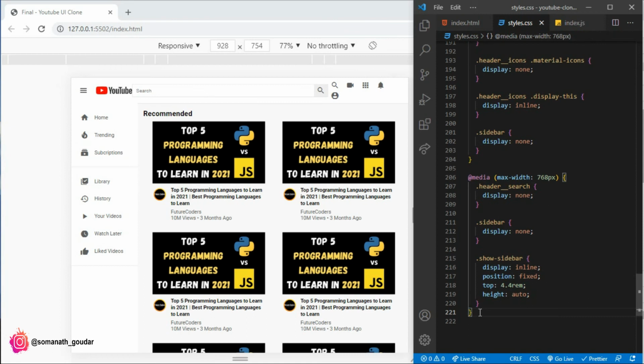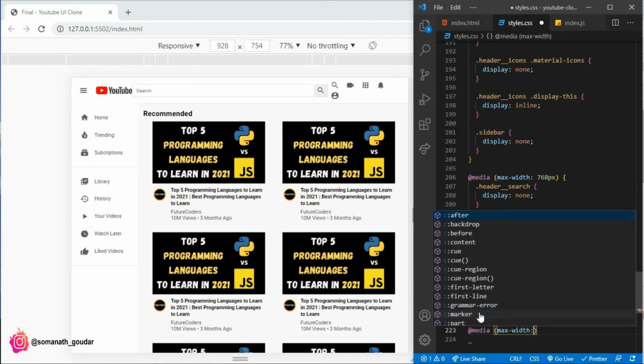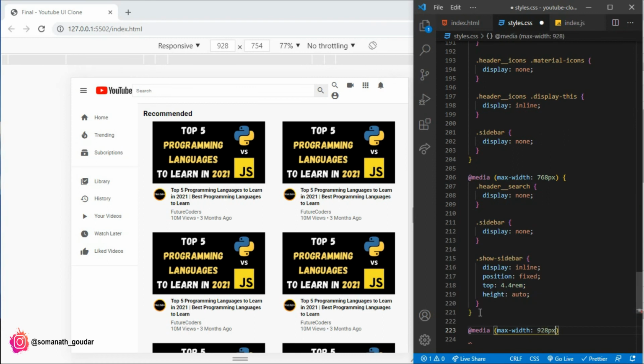Let's add some media queries over here. At media, and the max width is 928 pixels. We just found that. When the max width is 928 pixels, I'm just going to reduce the size of that header, the size of that search. That's very long, right? So I'm just going to reduce the width.